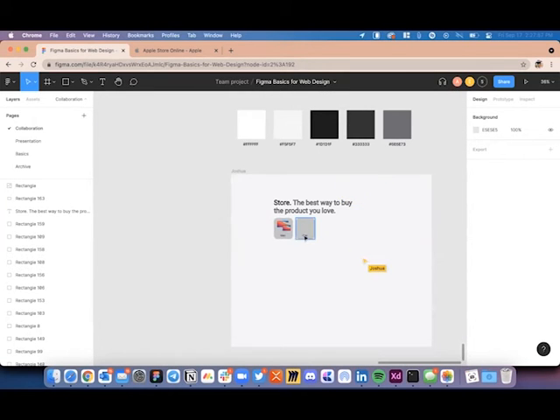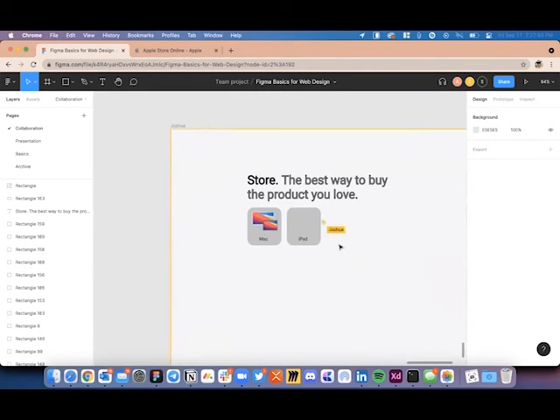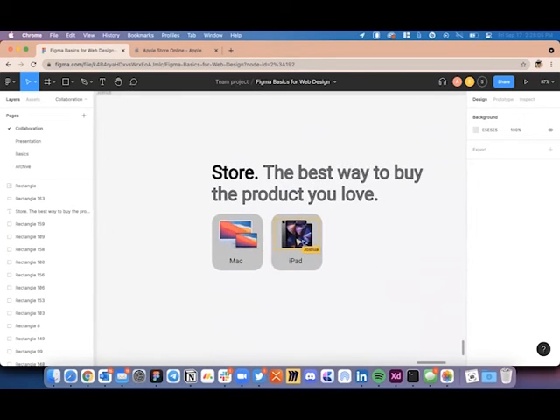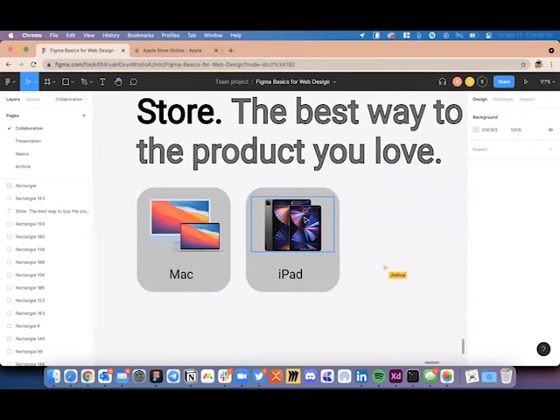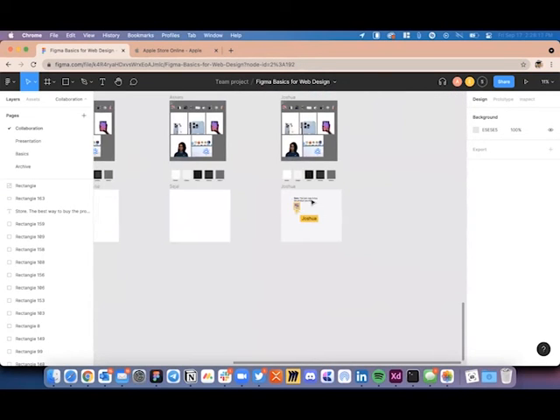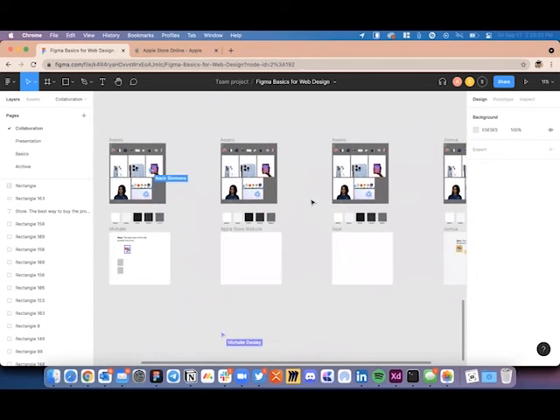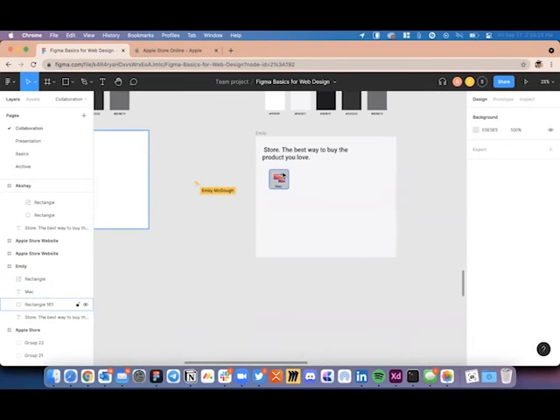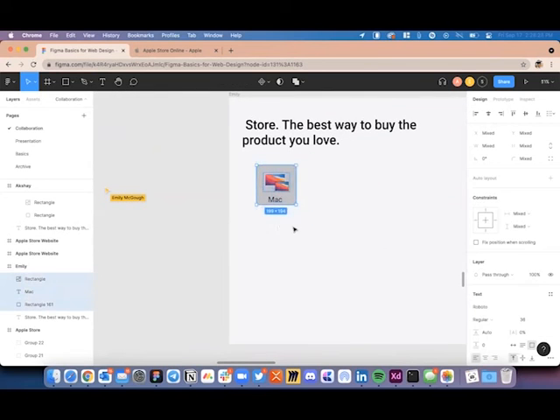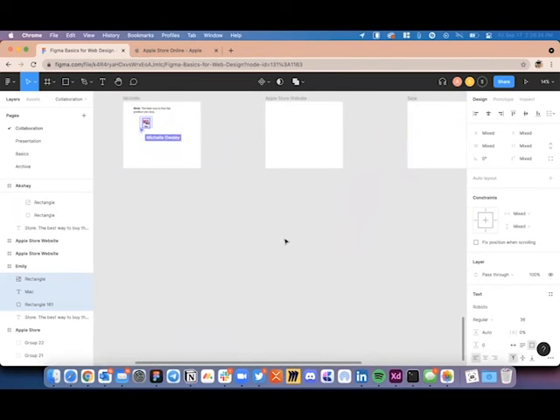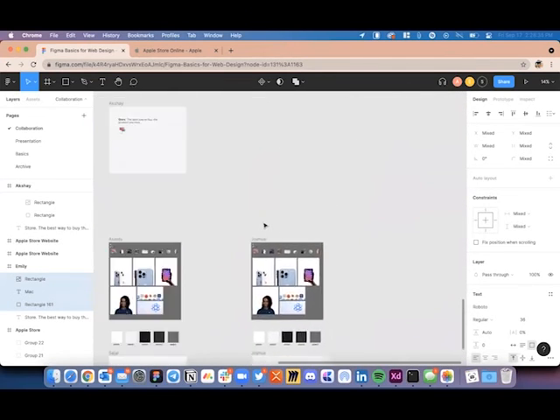Joshua, I'd recommend you to delete this one because we are going to be replicating the Mac box first, and then we will just replicate this component so that it makes our workflow faster. So if we spend time recreating it again and again, it will also make our workflow slower. Cool. I think Emily needs to group these by selecting one of them. Nazir needs to group these. I think Michelle and Joshua are on the same page.